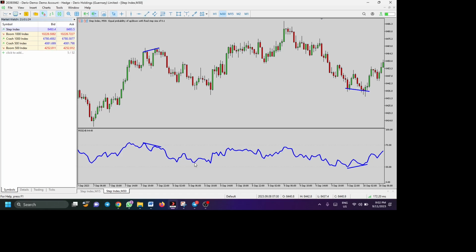What you can do is put the cursor on the lowest point that you are looking at, and you will find a figure. The value is 39.18. If you are comparing with here, you have 38.74, meaning that this level is lower than this level. At the same time, when you are checking the price levels of the candlesticks, you can just place your cursor on the candlestick and it gives you the low, the close, the high, the open. It gives you all those figures, and based on that, you're able to tell which of those levels is higher than the other,